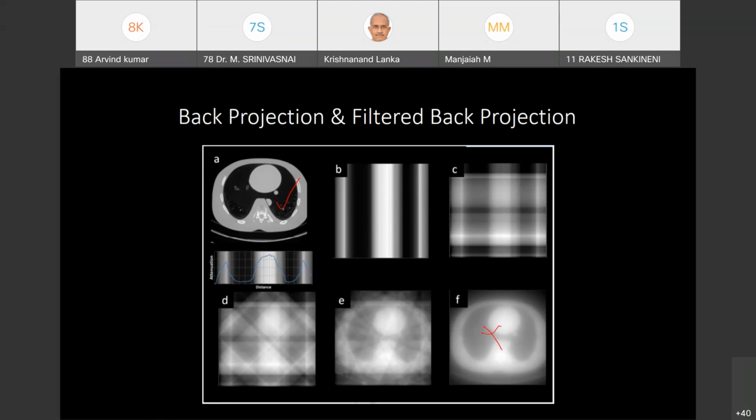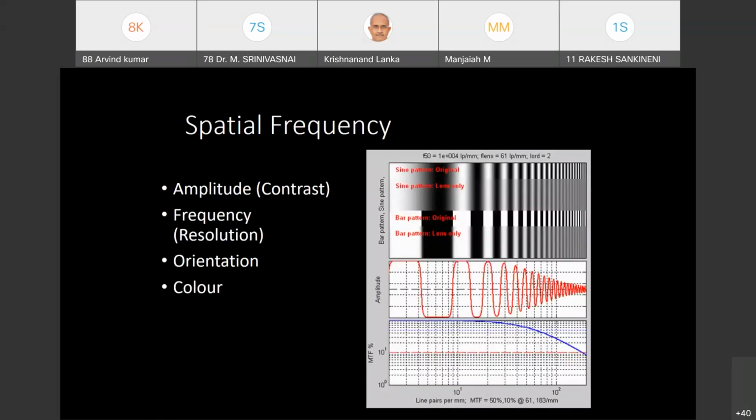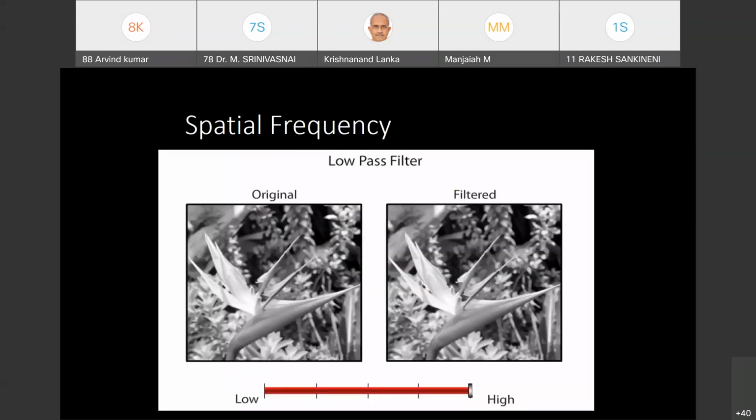So we use some kind of filtering techniques to increase the sharpness of the image. We play with amplitude, frequency, orientation. Anyway, let us not go into the details of the spatial frequency. Finally, the idea here is, for example, if you see here,